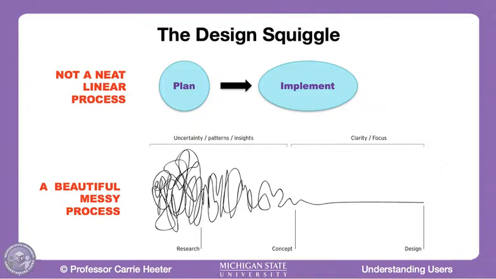Designing a product or an experience is actually, in the best implementation, not a neat linear process. You don't come up with a plan, it's all set, it's perfect, you know how you want to do it, and then move to implementation. You go through, ideally, what we call the design squiggle. And it's a beautifully messy process where you start out not really sure where you're going to end up,